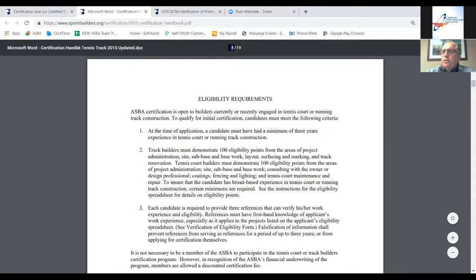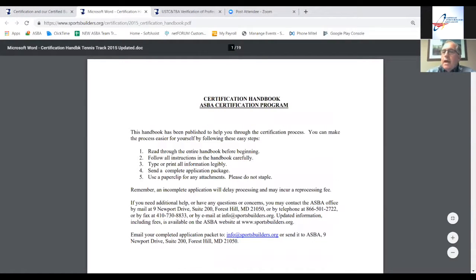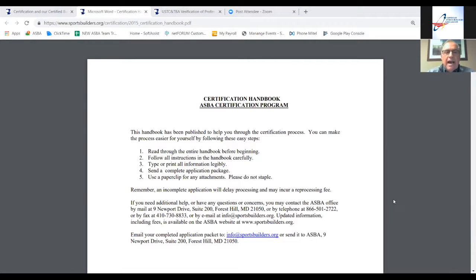It starts with having the current handbook, making sure that it is for either the track, field, or tennis. The current handbook that's on the website gives you the guidelines that you'll need to gather the information to complete the application package. You'll also need a listing of all your past projects that you have worked on yourself and